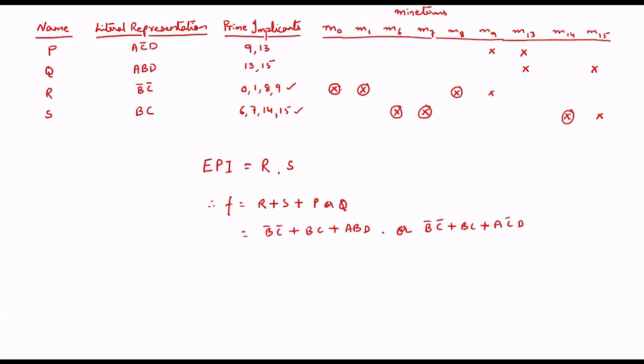Okay, why such a case? Because you see, if I take this one, then my 15 is already there, only 13 is missing, I have taken 13, and 9 is already there. Okay, this is not required. But if I take this one, then you can see I am leaving this one, so here 15 is covered, 13 is already over here, I have taken 13 and 9 is there. So either of these 2 I have to take, and these 2 should be compulsory. So these are my EPIs and these are my prime implicants.